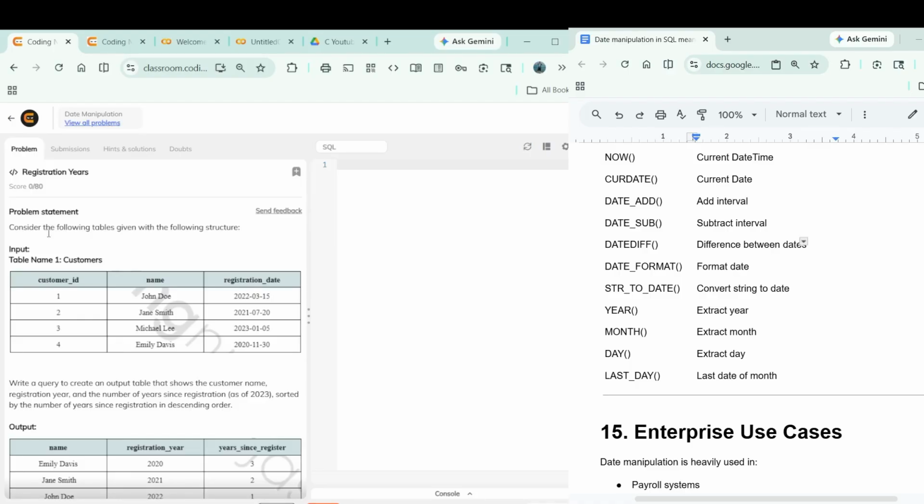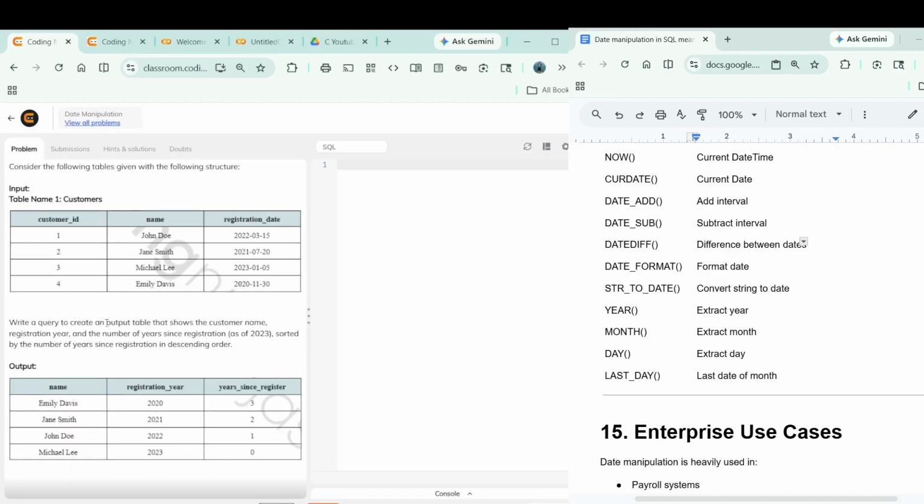Registration year. Problem statement. Consider the following table given with the following structure. Input table name: customers, with the columns customer ID, name, registration date. Customer ID is a unique serial number. Registration date is in YYYYMMDD format. Write a query to create an output table that shows the customer name, registration year, and the number of years since registration as of 2023,